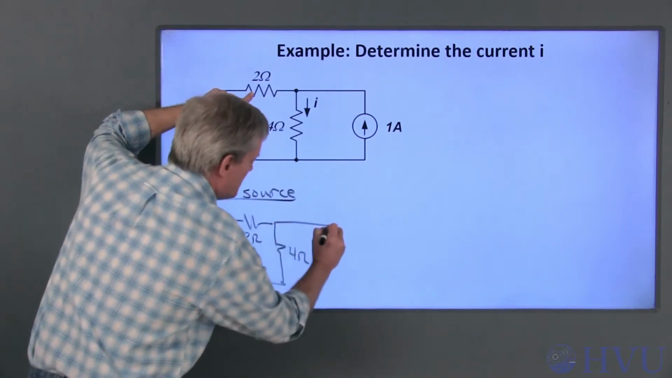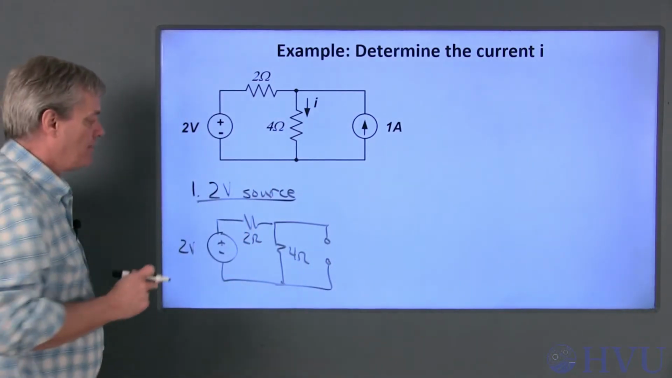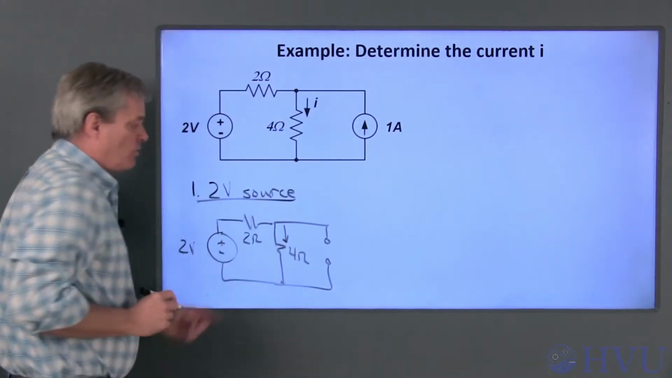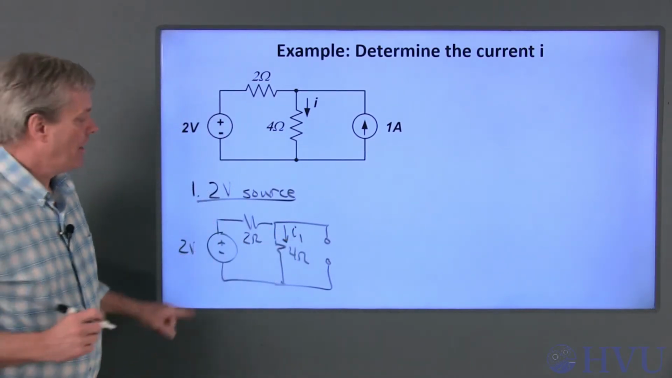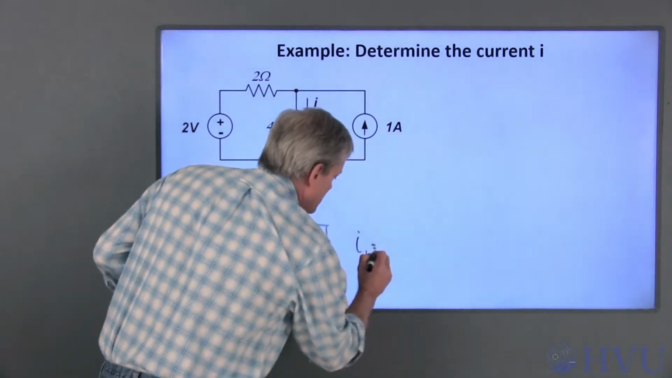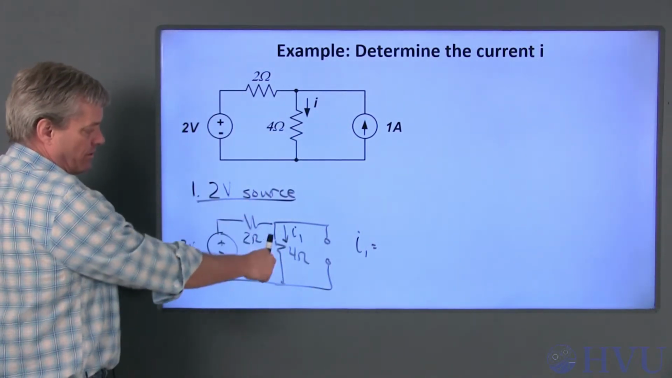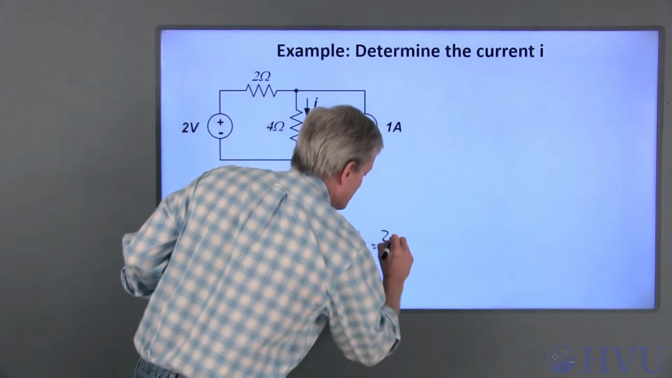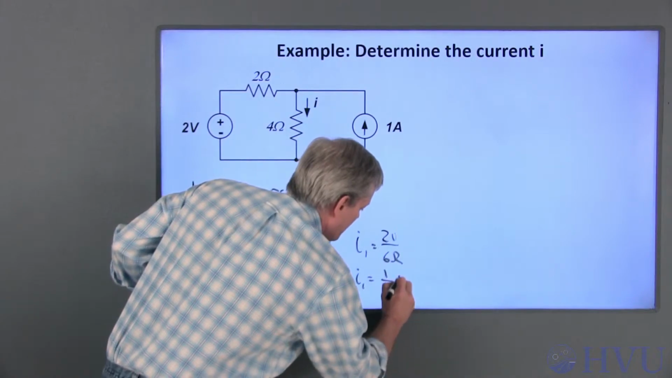this 4 ohm resistor, and killing a current source results in an open circuit. The current through the 4 ohm resistor is only due to this 2 volt source. I'll call that I1. In this particular case, Ohm's law tells me that the equivalent resistance here is 6 ohms, so the current through this leg is 2 volts over 6 ohms, or I1 is equal to 1/3 of an